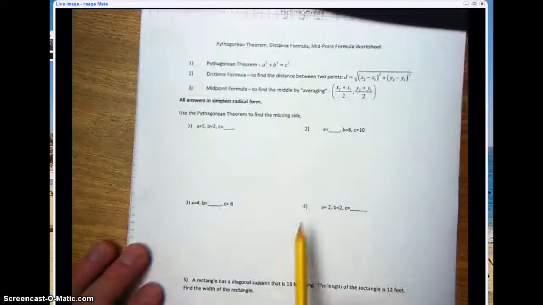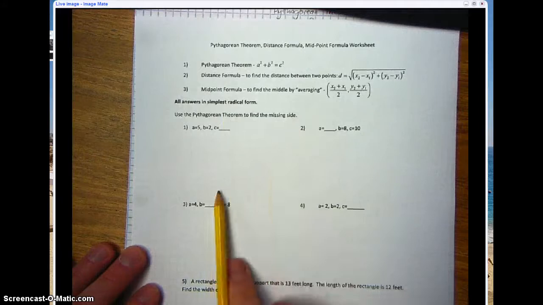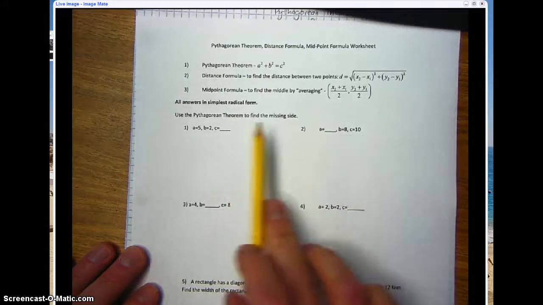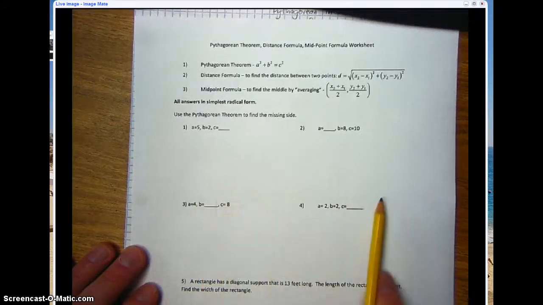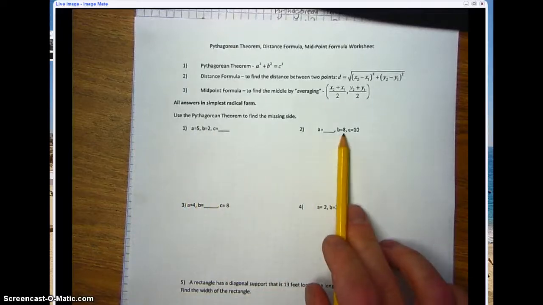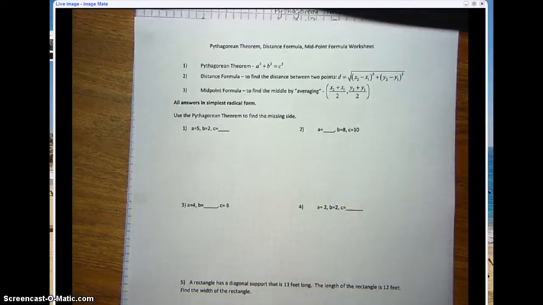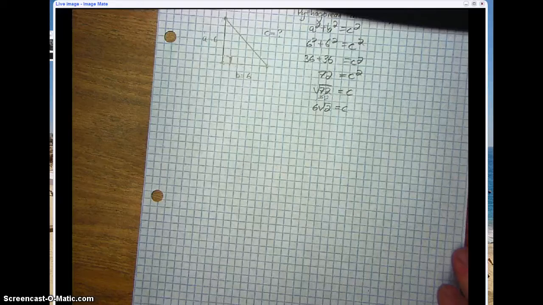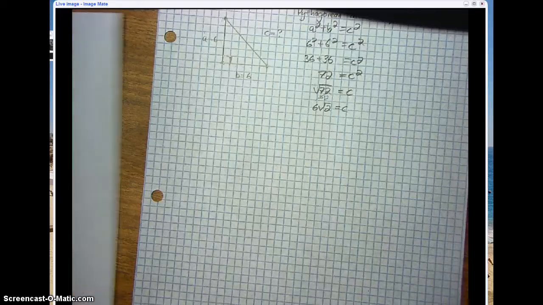The first 4 problems on your homework are Pythagorean theorem. Whatever values I give you, use those two to find the missing value. Sometimes I'm giving you A and B, sometimes I'm giving you only B and C. Okay? Now the distance formula is essentially the exact same thing,